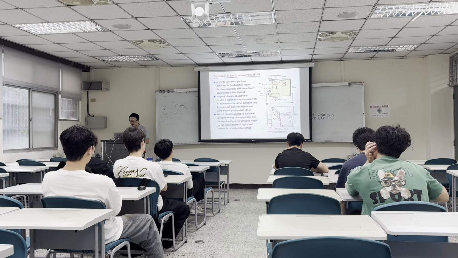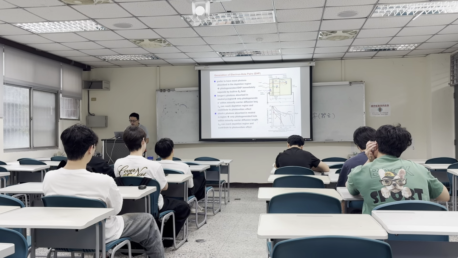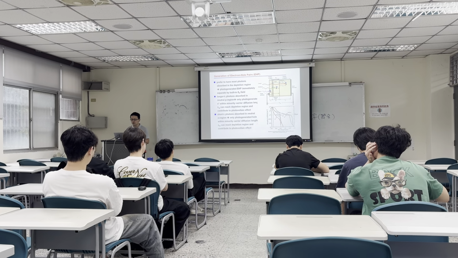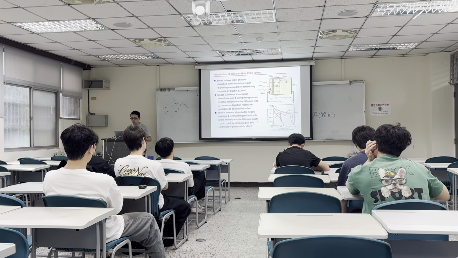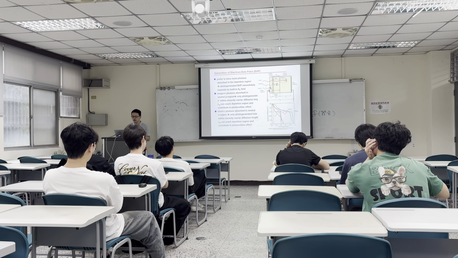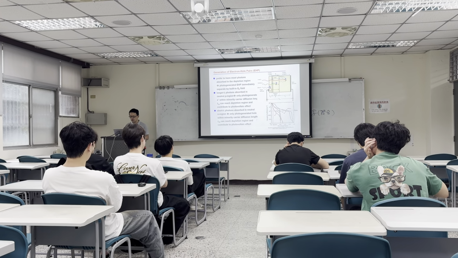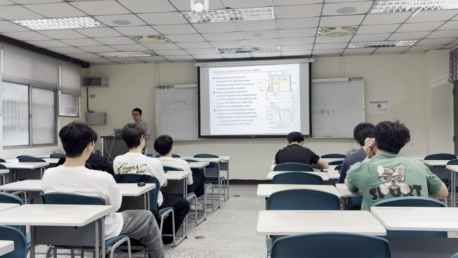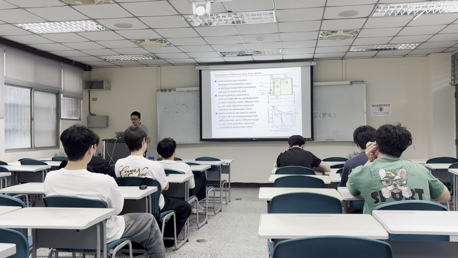Okay, so look at this figure. All those short wave photons will be absorbed within the N-plus region. And for the photons in the range from 450 nanometers to 900 nanometers, those photons will be absorbed in the diffusion region, because in this range,